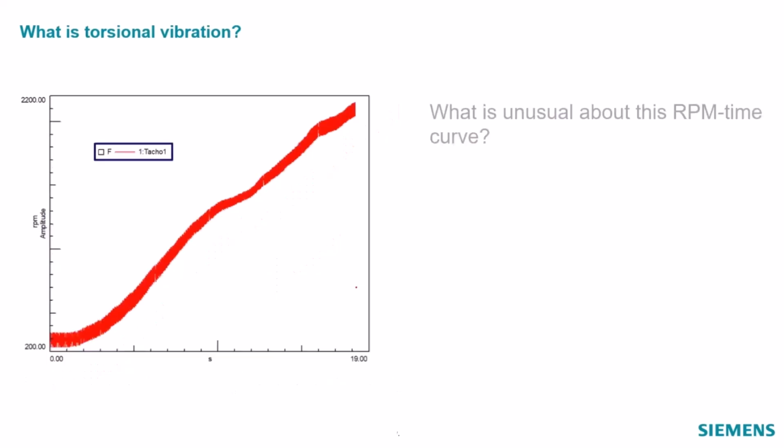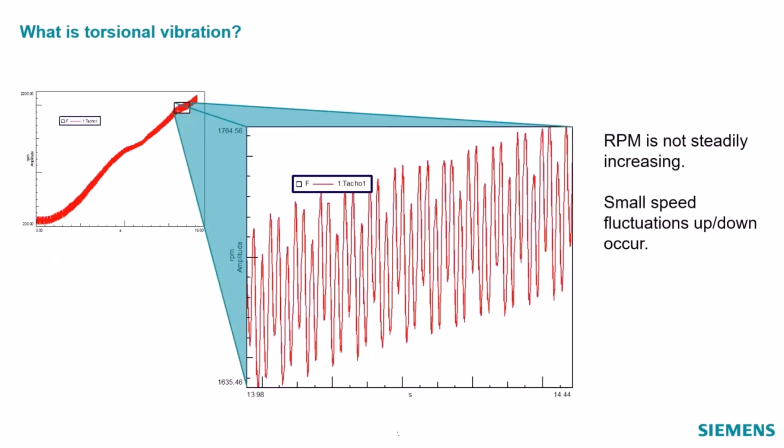If we zoom in on that a little bit, we can actually see that the RPM isn't just a single value. It's fluctuating up and down. And that's, I guess, what we call torsional vibration. A lot of times these things, like electric motors and combustion engines and hydraulic pumps, whatever they happen to be, don't run at a single steady RPM. They have fluctuations in their speed.